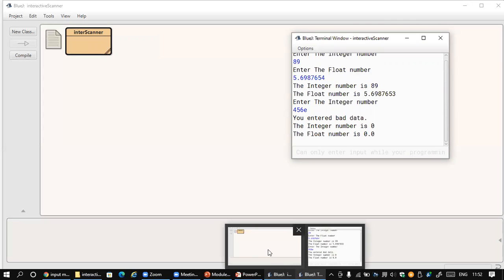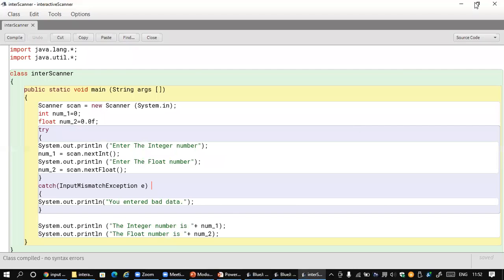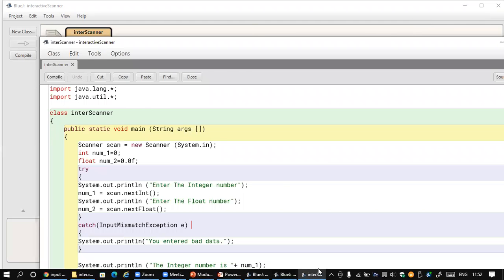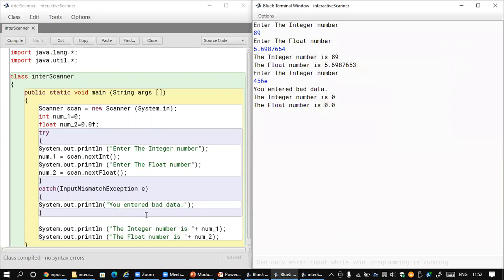If you see the program, you will understand where exactly we have given this detail. I'm putting it here for comparison. So you got this error statement, you entered bad data, and this is the error statement that we put into the catch block. Whenever an exception occurs and is caught by the catch block, it will display on the screen: you entered bad data. In this way, you can receive the input from the user, and very importantly, you have to parse it into the respective numbers, so that we can make use of those numbers inside our program for any further process. Okay, thank you.